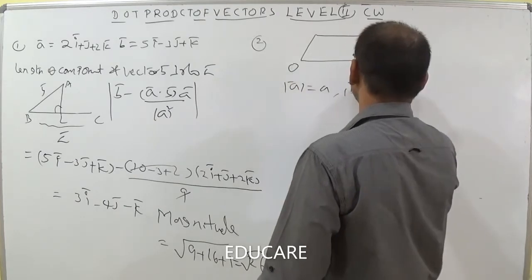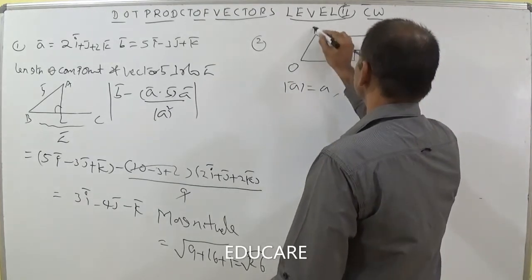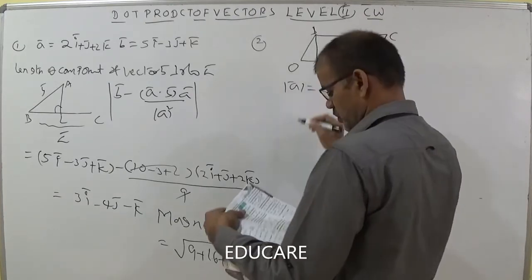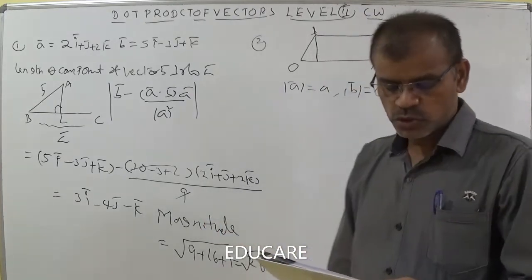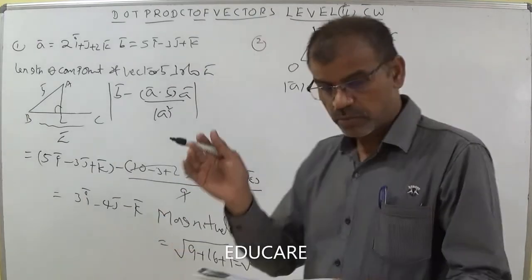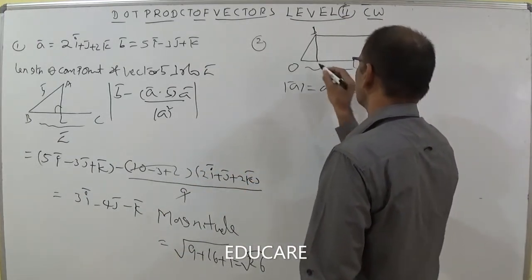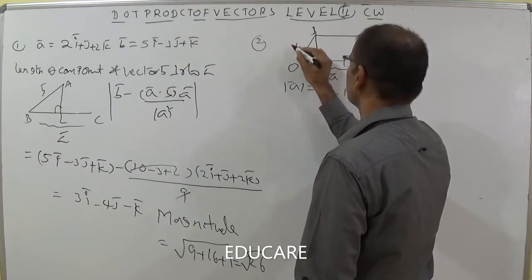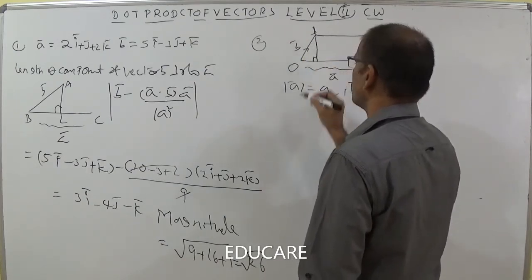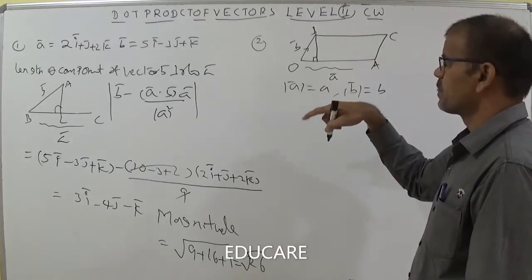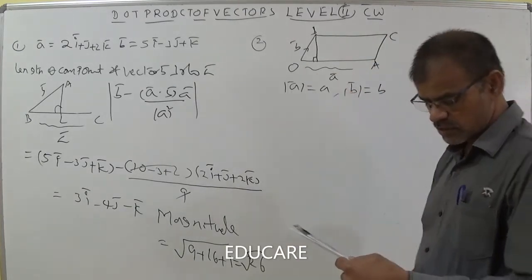Same concept. Here you put OA and this is OB and this is C. This is the altitude. He is asking the vector which coincides with the altitude of the parallelogram and is perpendicular to A bar. Let the position vector of A be A bar and the position vector of B be B bar. Now you should calculate the perpendicular vector in the direction of A bar, perpendicular to A bar, he is asking.